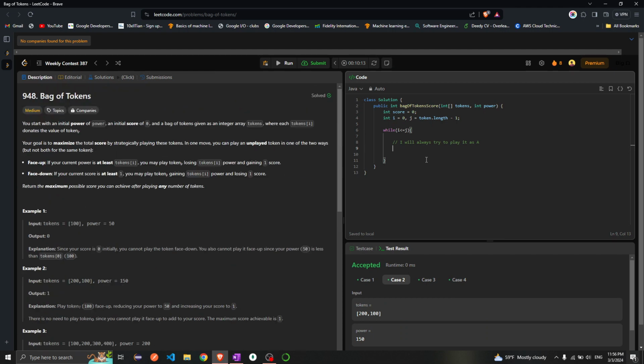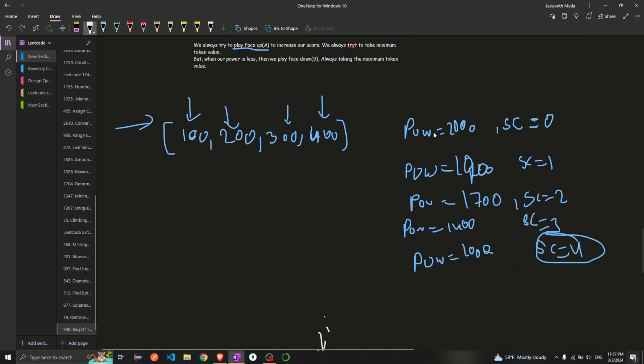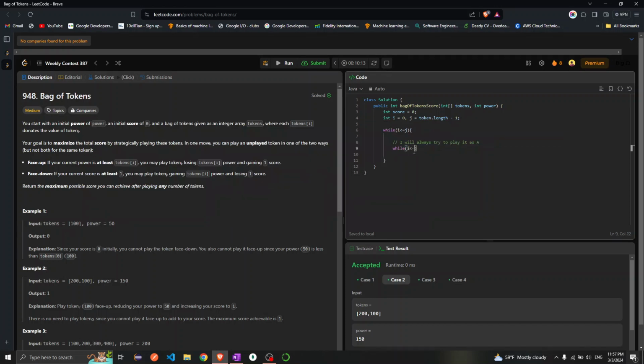This always runs until I can pick. I explained this example to you, right? When I have power 2000, when we are having enough power, we just keep on doing the same thing because we are increasing our score, right? So that's why I'm using while I less than or equal to J, and my token of I should be less than or equal to my power, right? My power should be greater than the token value. Then my power will get reduced by token of I, and my score will be increased by 1, and my I will get incremented, right? So after this,